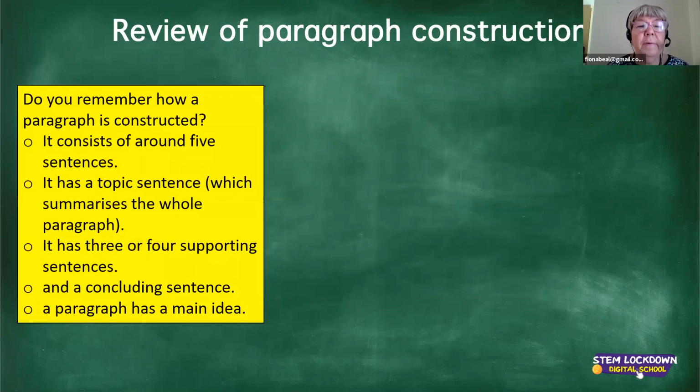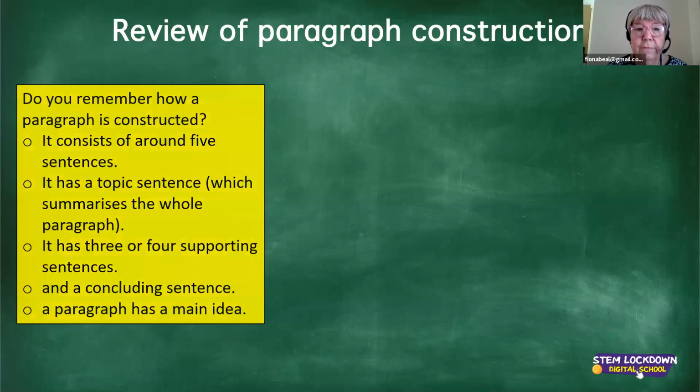You remember that when you're writing a paragraph, you don't just write a whole lot of sentences together and think that's a paragraph. No, a paragraph has got a structure. The structure is that it's usually around 5 sentences. It could be more. It's got a topic sentence, which summarizes whatever else is going to be said in that paragraph. And it's got 3 or 4 supporting sentences that elaborate on what the topic sentence introduces. Then it's got a concluding sentence and a main idea. So, for example,